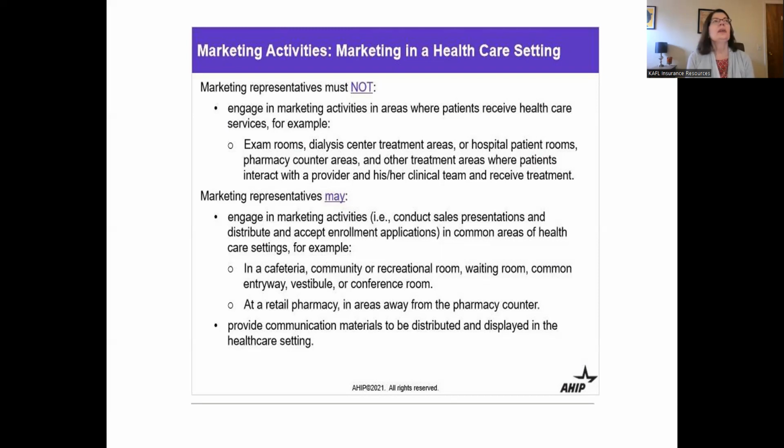You can't go over to Strong Hospital and go into people's rooms and talk to them about Medicare Advantage plans. Nor at pharmacy counters and treatment areas where people interact with a provider. You can see there are things that you can do: engage in marketing activities in common areas. So in a cafeteria, community or rec room, waiting room, common entryway, a conference room, and a pharmacy, but away